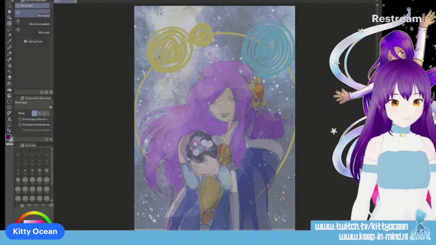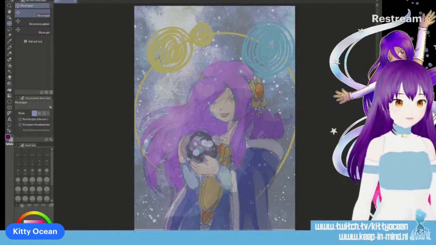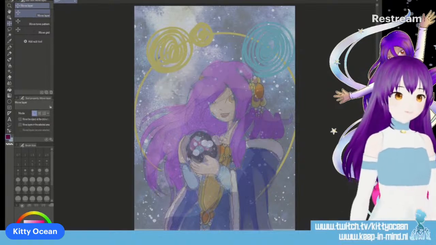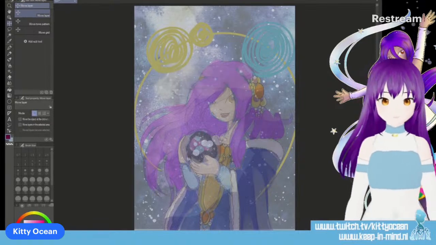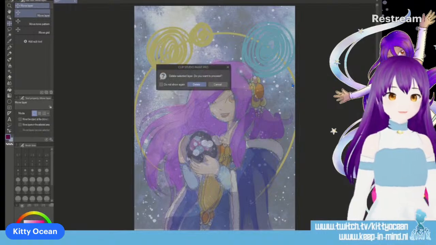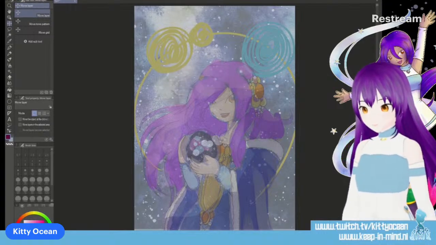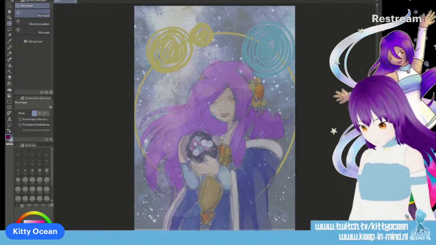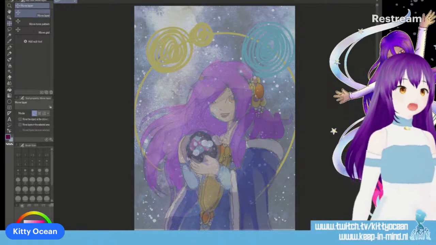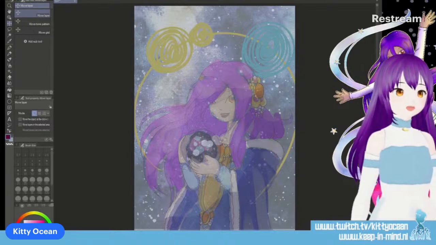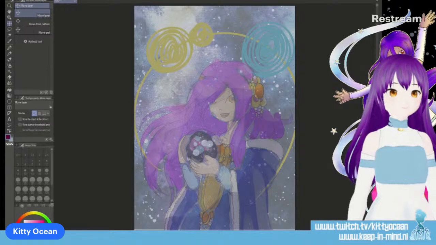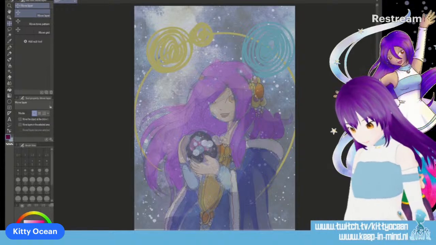I'm gonna merge a few layers or delete layers I no longer need. And then I'm gonna start recording, because otherwise it makes no sense. Because these are the things I need. This is line art.